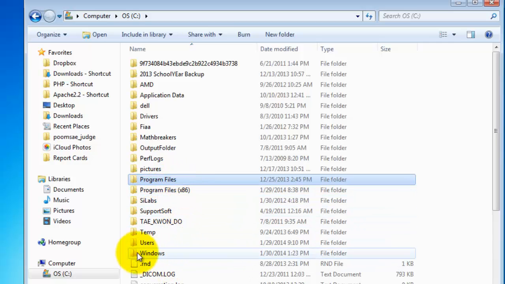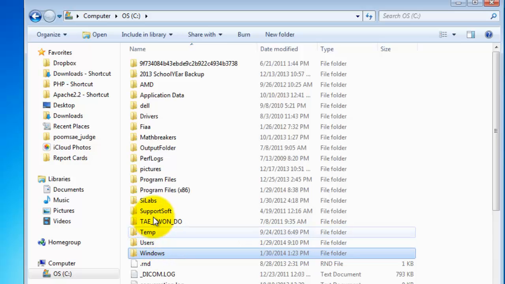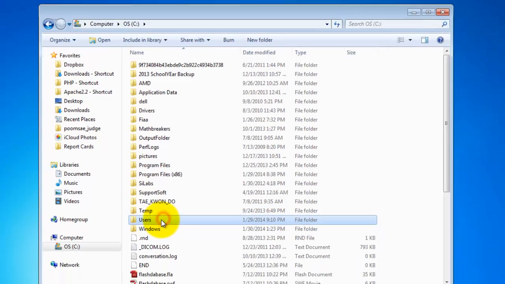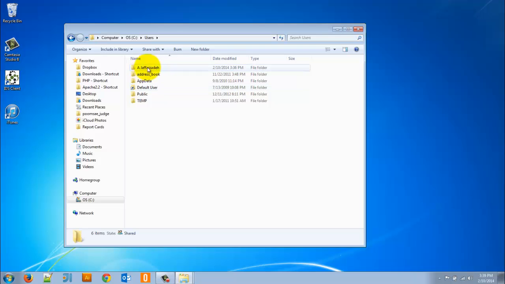Down below, we have a Windows folder that stores all of my Windows operating system files. We don't really want to mess with that. The folder I want you to pay close attention to is right up here where it says Users. And if I double click on this folder and we go inside, my A Jafarzadeh folder is in there. If I double click on this,